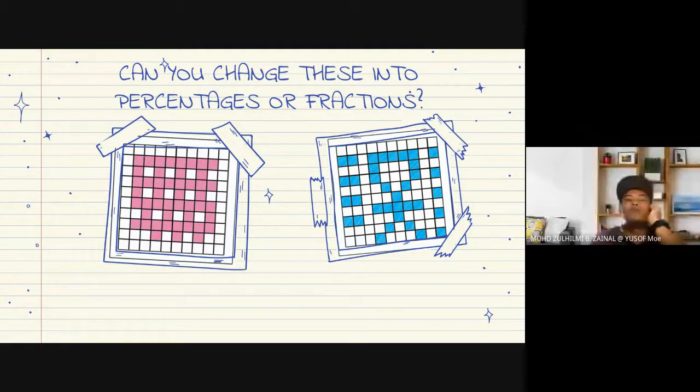Kalau macam ni, you have to conteng sikit lah. Kalau dalam textbook, you cannot conteng. But you can always just put one dot pun tak apa, ataupun don't press too hard lah. You put one dot, 1, 2, 3, 4, 5, 6, 7, 8, macam tu. 9, 10, 11, 12. Salah. 12 sini bukan. So one by one tu you count like that. Kalau dalam textbook you cannot write anything in your textbook. Then you will have